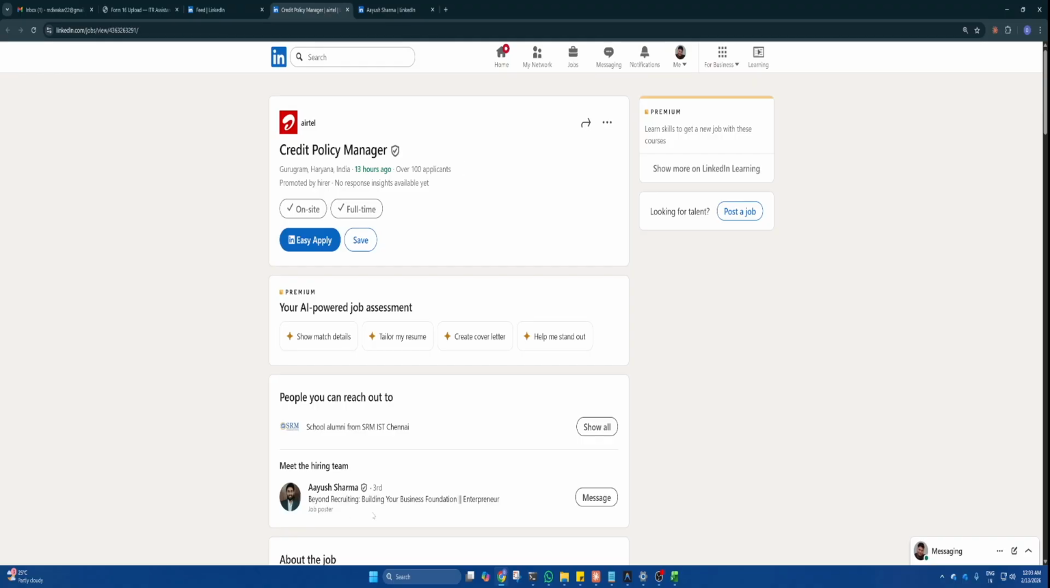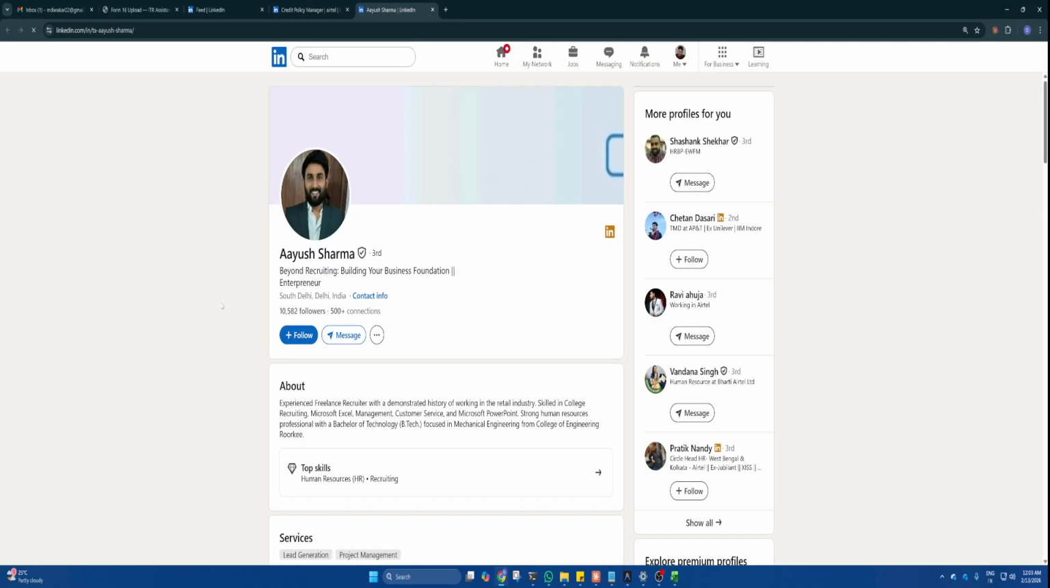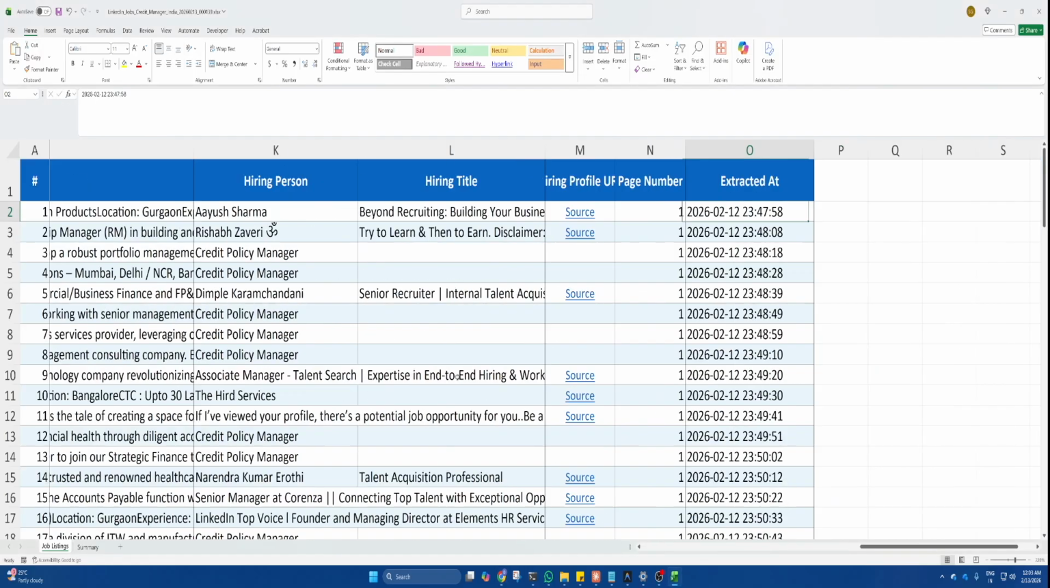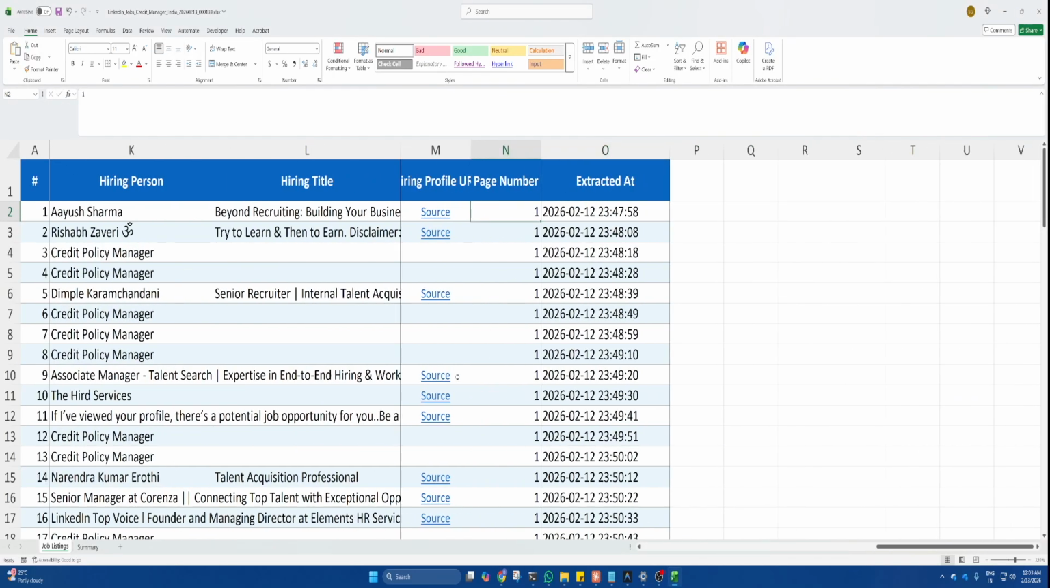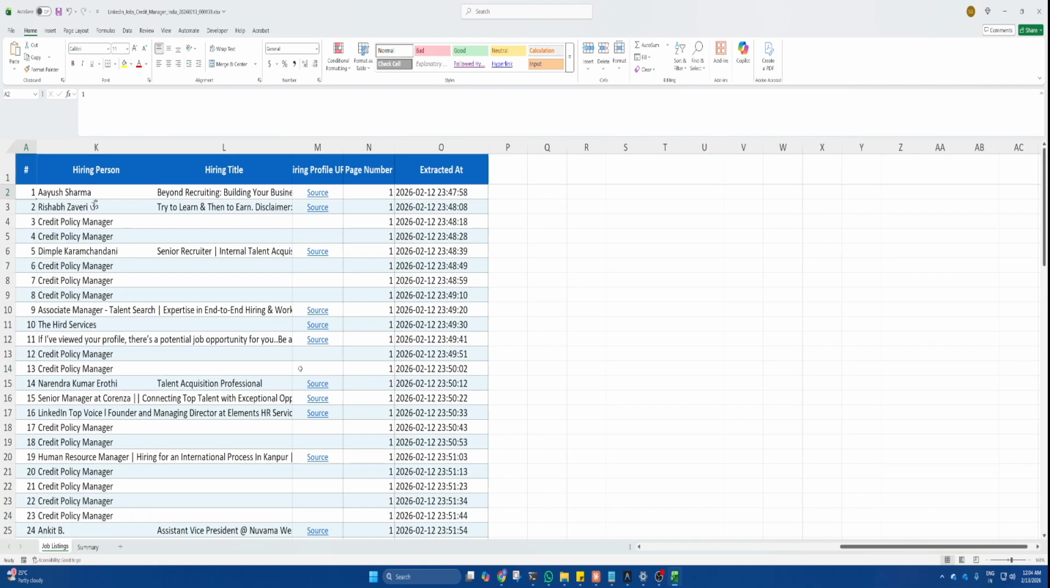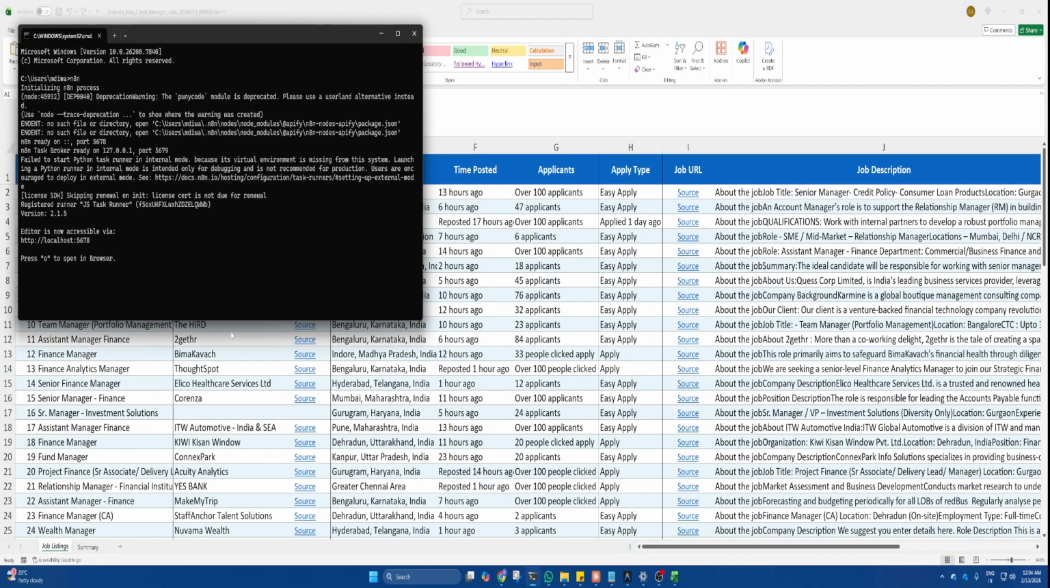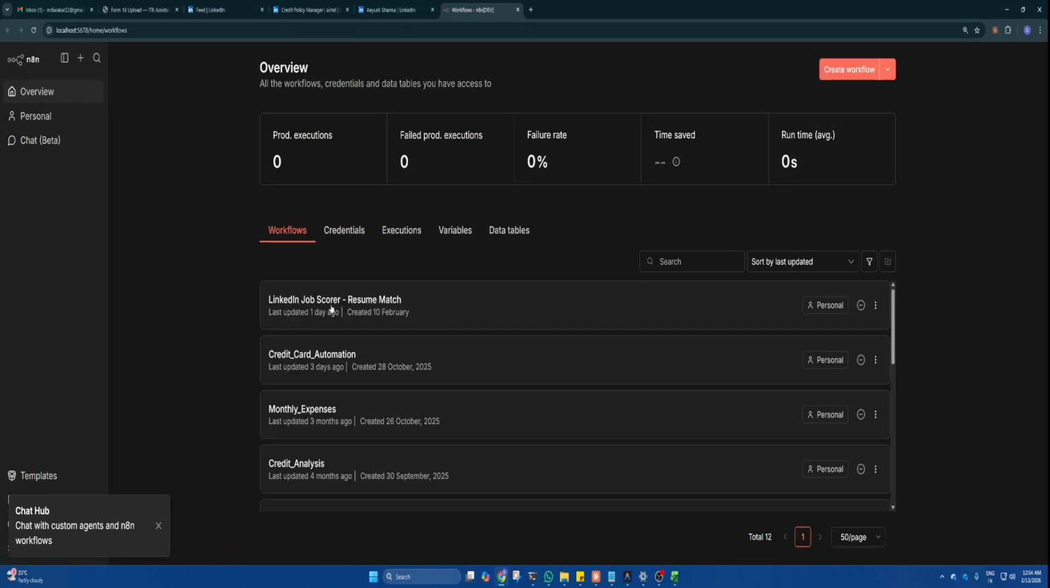In this case we do have the hiring manager information. He is Ayush Sharman. If required, you can directly send a message to him about this job, if you find this job is suitable. Now we have the complete set of information about the job, but still, to make life easier, instead of reading